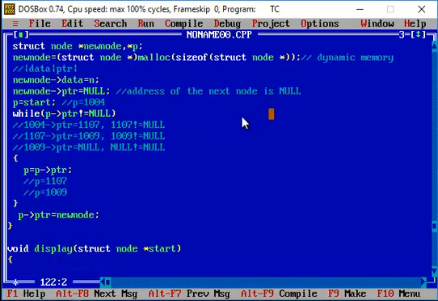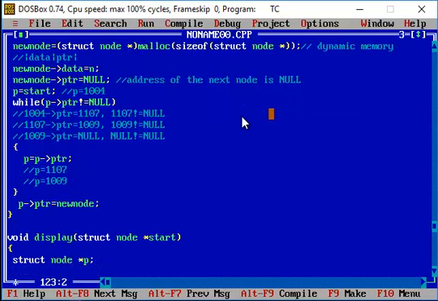Here I'm creating one more variable of a struct data type, that will be assigned the address of your start node. So P will have the address of your start node, that is 1004.